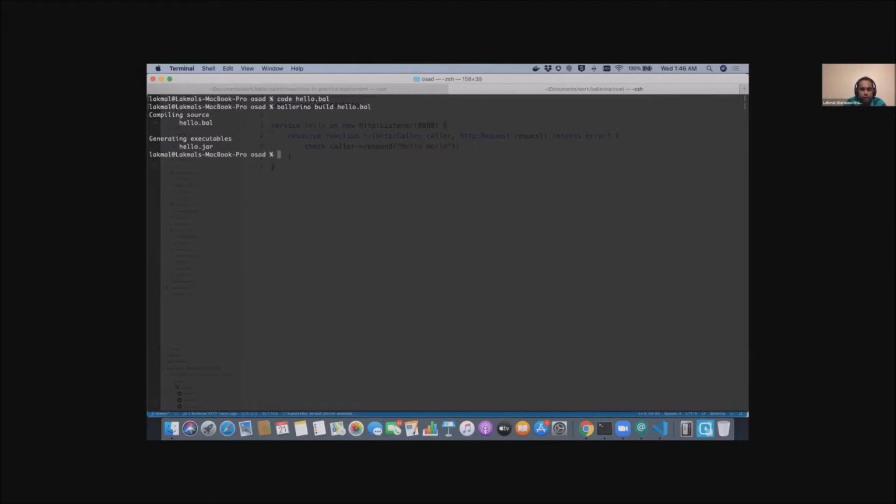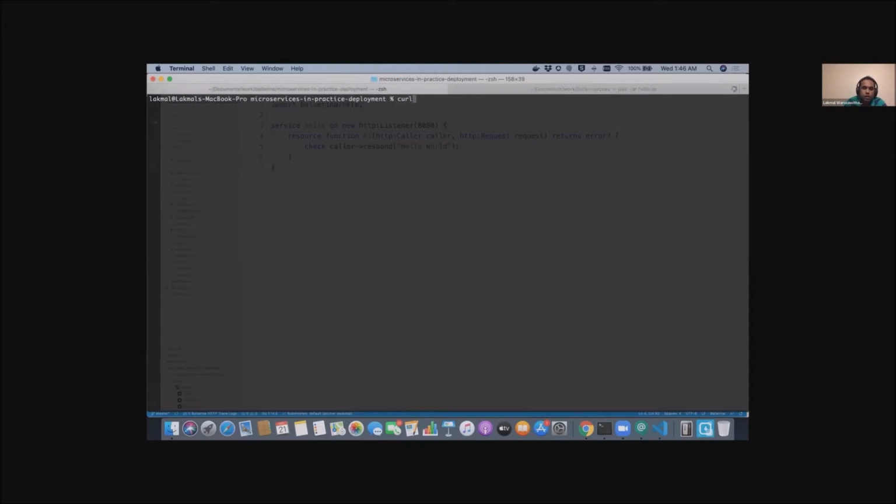Then you can run either ballerina run or java -jar to execute our program. You can see it will now listen to port 8080.